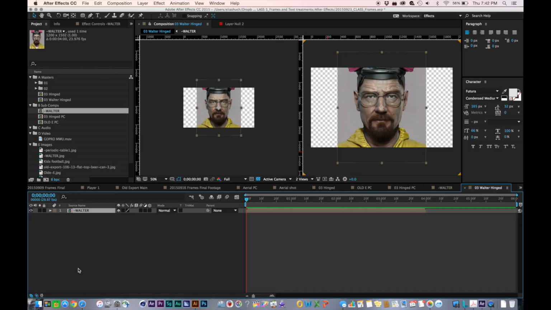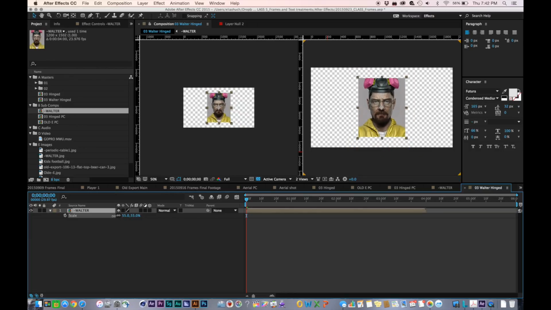He's a little large, so hit scale, bring him down. That's S for scale, for those of you that don't remember. And he runs out here, but that's okay. We're just giving it 6 seconds so that we have a little bit of room to move. So now that we have our first Walter,